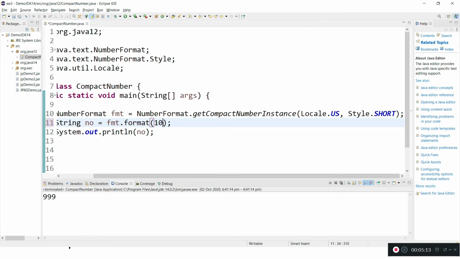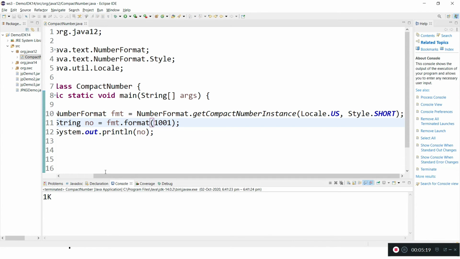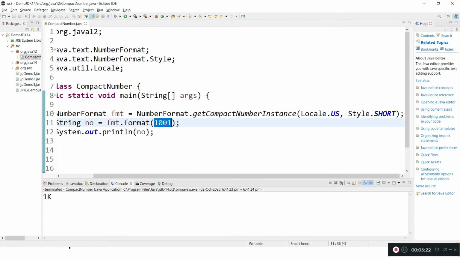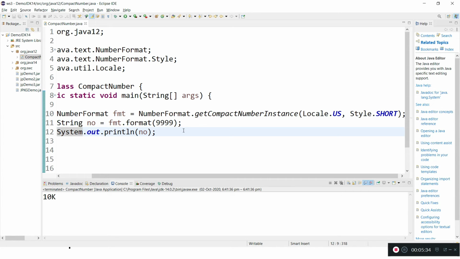We will give something like this. This refers to the nearest value, and if you give 999, it is going to 1K. That is how we derive the short or compact number format.